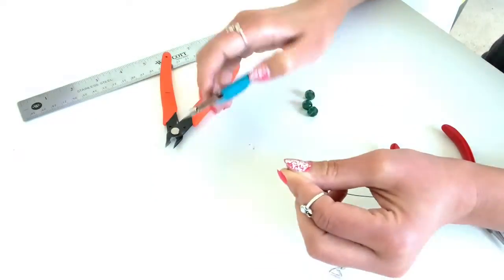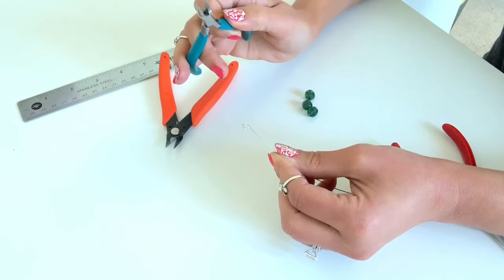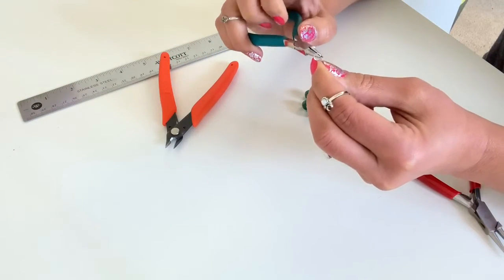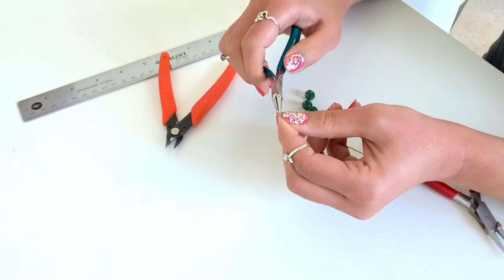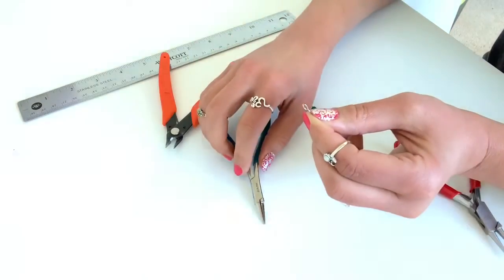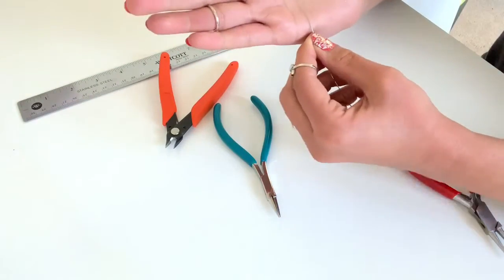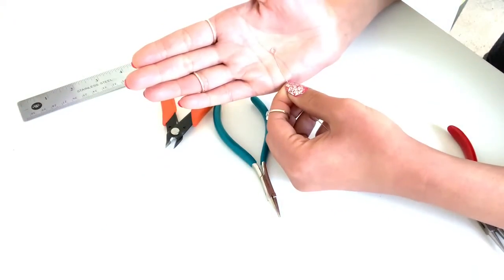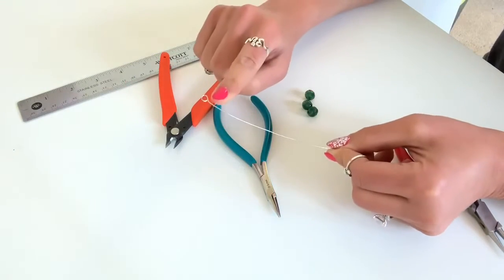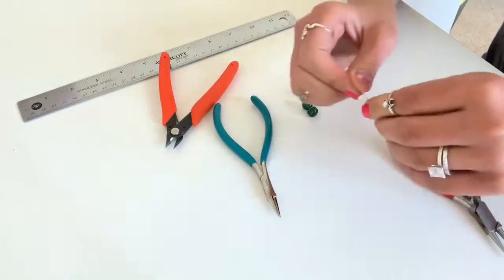And from here, you're just going to take your chain nose pliers, bring it to the neck of the loop, gripping the loop, and then just kink it back a little bit, just a kink. And that's going to give you a nice, perfect loop. Once you have your loop, actually before we move on to the bead,